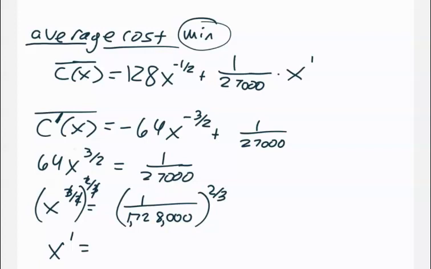Oh, sorry, this was negative. Make sure I copy it down correctly. It needs that to be negative, which works out nicely because it gives you the reciprocal. So to the negative 2/3 power gives us